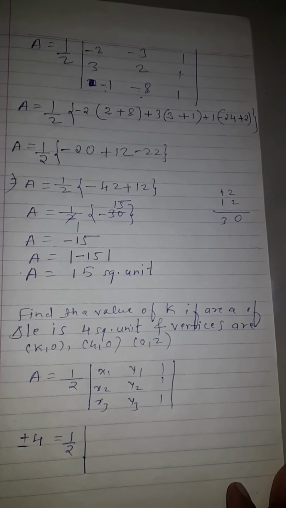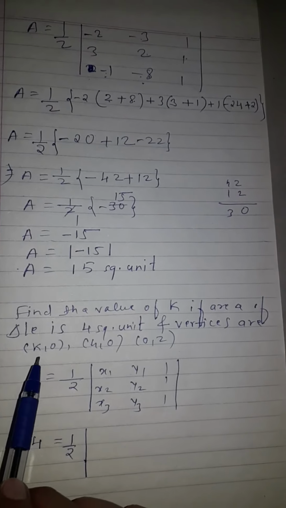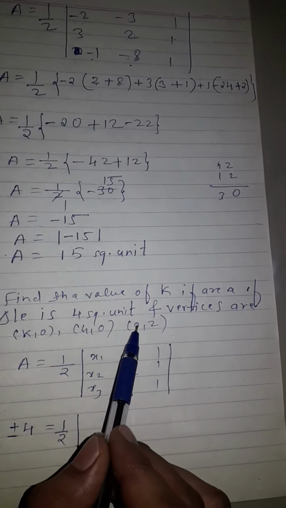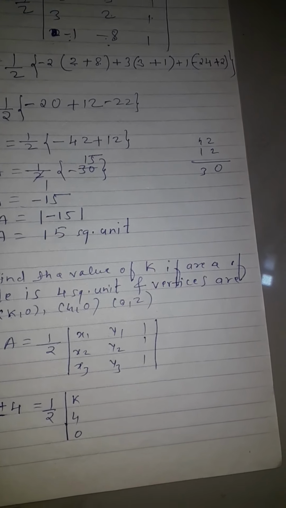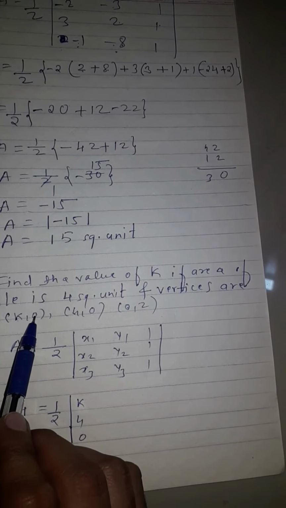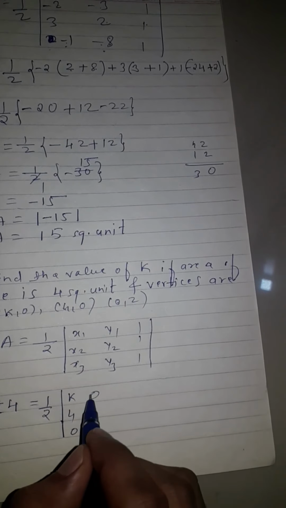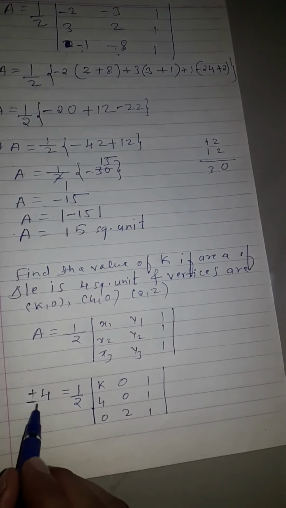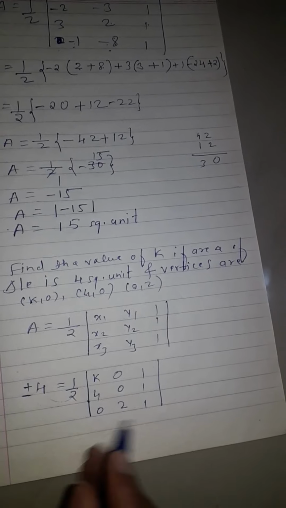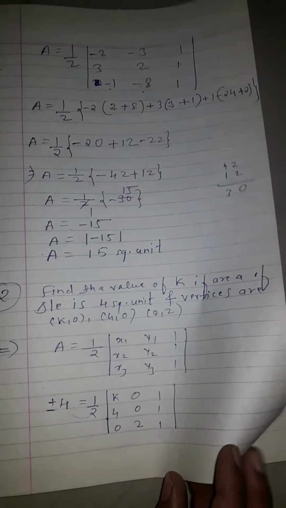we have to substitute the points now. As I told you, every first coordinate in the point will be your first column. So k, 4, 0 in the first column. Second column is what? Second element, that is 0, 0, 2, and this 1 1 1 is fixed. Now this 2 you transfer to this side, it will multiply. 2 fours are 8. So I will write here that plus or minus 8 is equal to determinant of